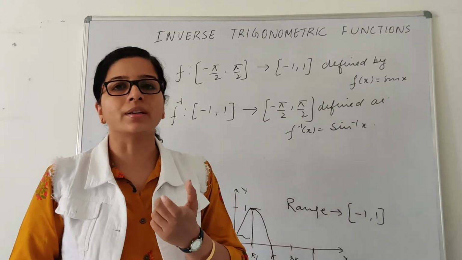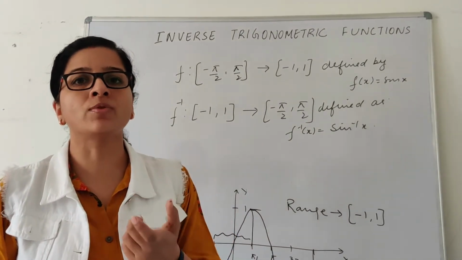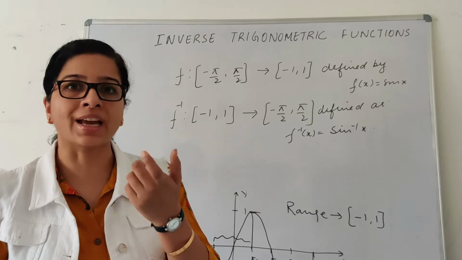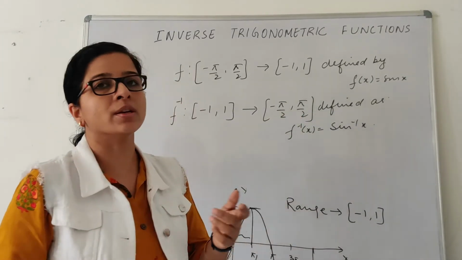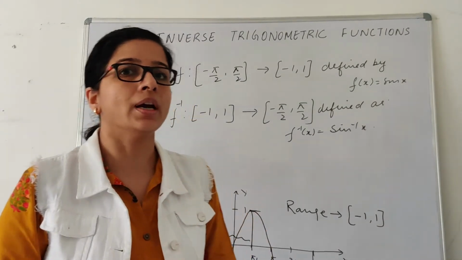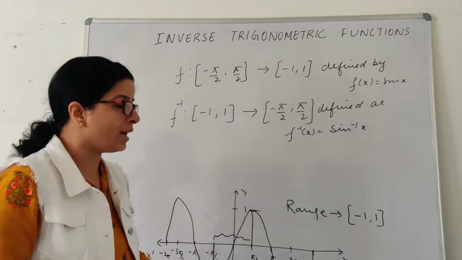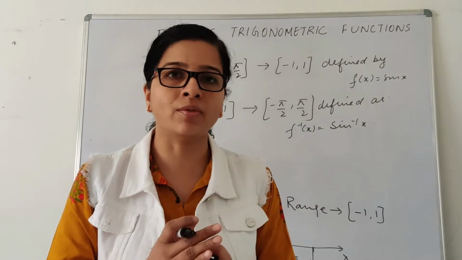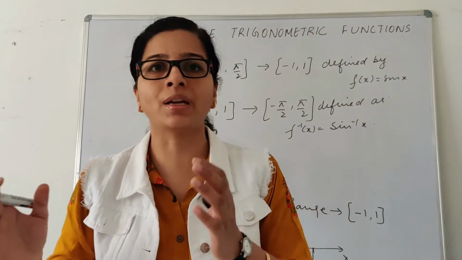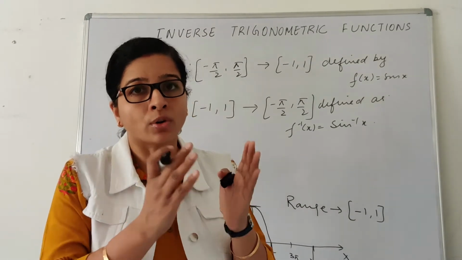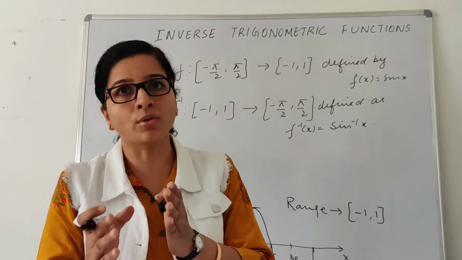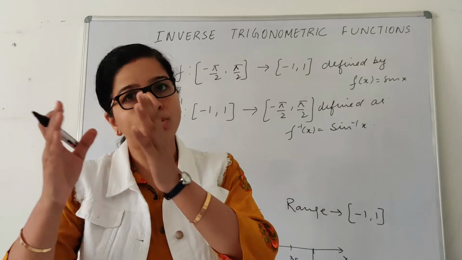Now there is a branch in which we find the value of the sin inverse function. So what is that branch? This branch, and this is known as the principal branch, right? Moreover, we can find the value of sin inverse in many intervals. I can define my inverse function not only in minus pi by 2 to pi by 2, I can also define it from pi by 2 to 3 pi by 2.